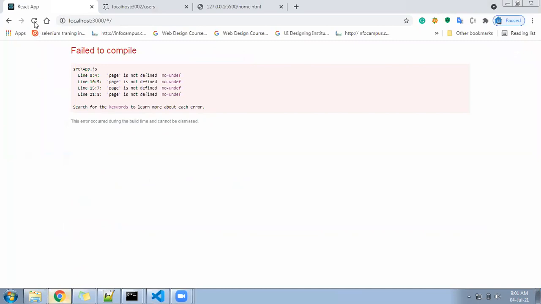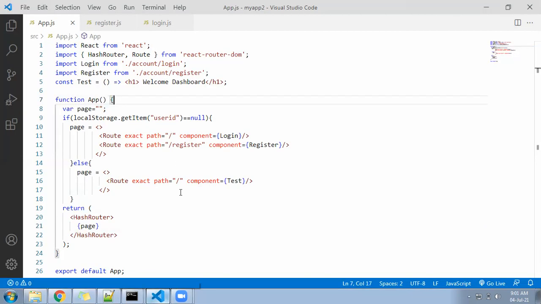It says welcome dashboard, but again it throws the error. It says line number 8, 10, 15, 18 in Tab.js: page is not defined.